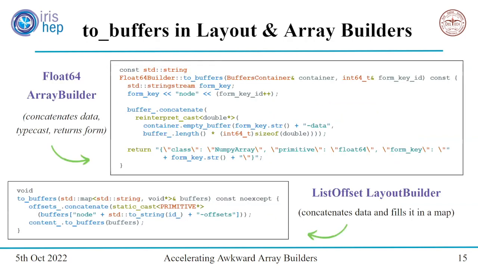So now both the layout builders and the array builders have a similar interface for concatenating the buffers by using their respective to_buffers method. Both also use the new growable buffer with the multiple panels. The layout builder concatenates the data and fills it in a map of form keys and the user defined pointers, whereas the array builder also returns the form and casts the type, for example, from int64 to float64, besides the